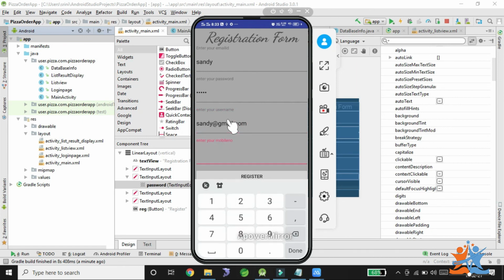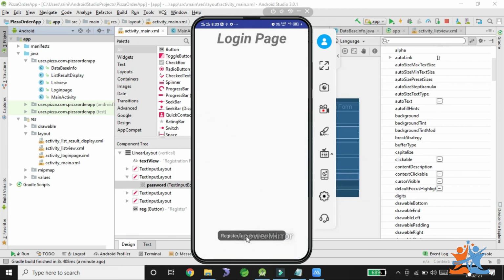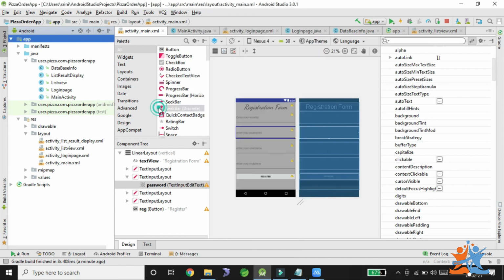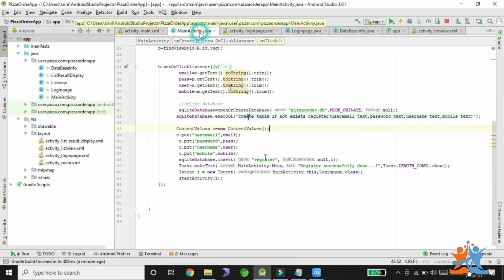So that is one. So some of the case and 9948457532, click on register. So the register successfully message we can get, and the login page we can redirect to as the next page. Yes. So this is the way we need to implement our database insertion, all those things, and in the next video we will check how the selection works. So just now we did inserting the data into the table.